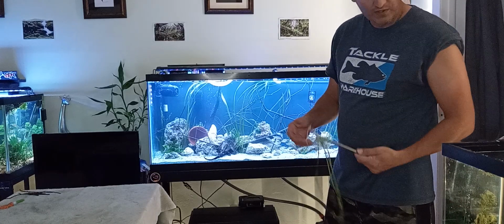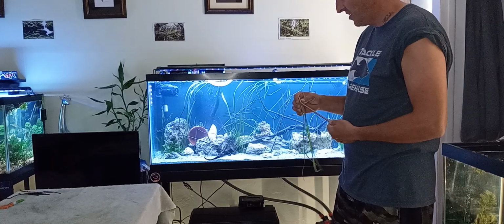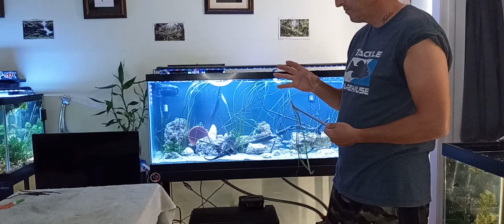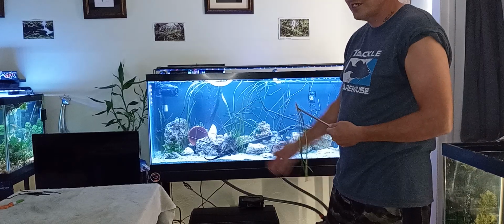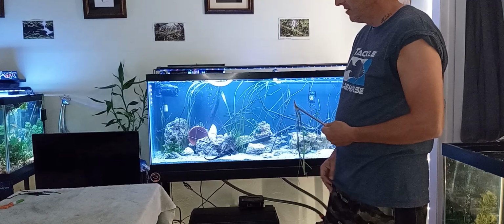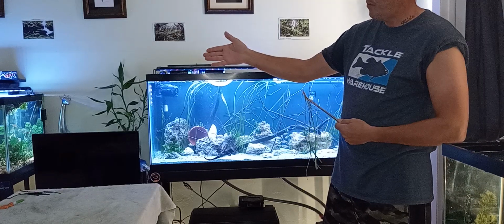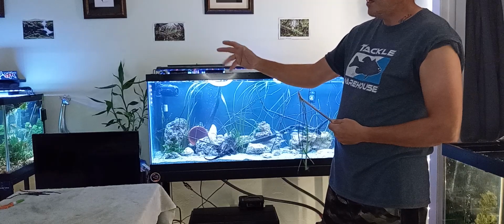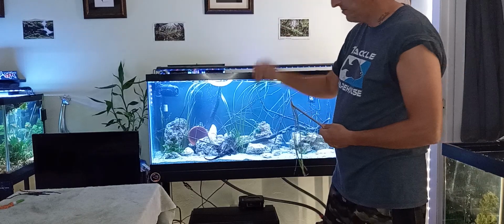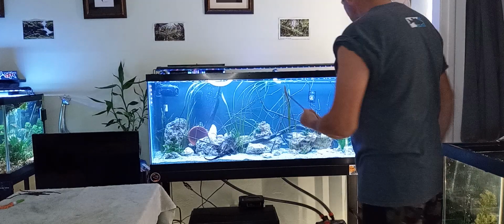We have a few sprigs left to plant, and I think that's it. I think that's all I'm going to go with for now. I do want to change the substrate from this cichlid sand to a more natural colored stone. I have pea gravel in my 40 breeder. I like the colors, I just don't like the size. I want something smaller. But we're going to go ahead and put these last few sprigs in here, and then